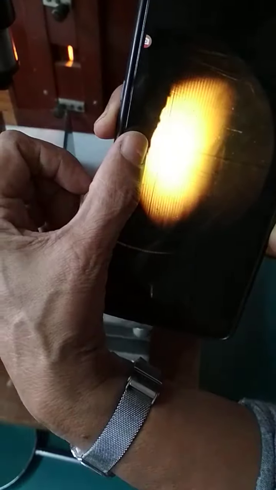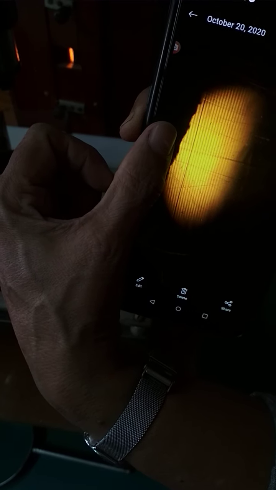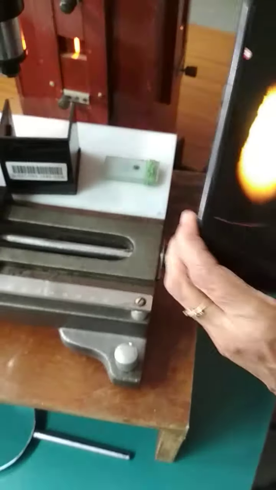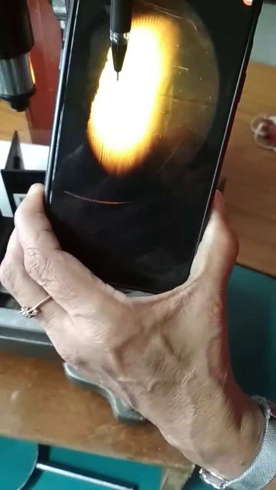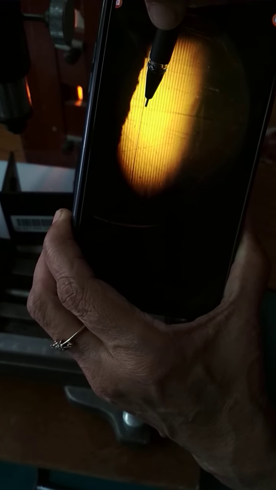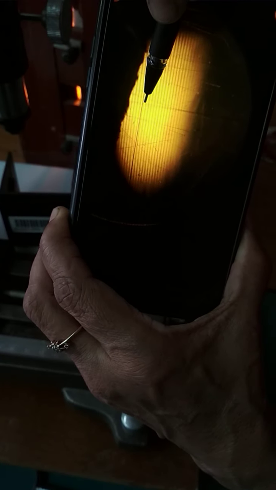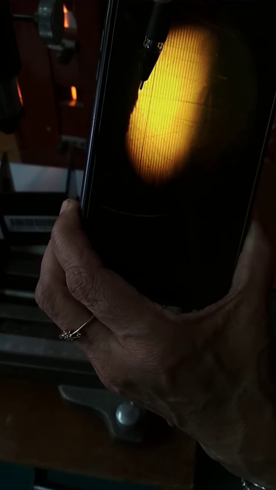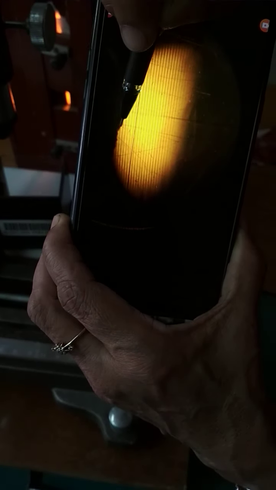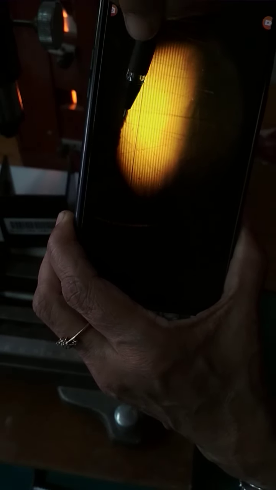Now at the apex the thickness of air film is 0, so you can see the darkness. We have to take the readings with respect to the center of the cross wire. This is the horizontal cross wire, this is the vertical cross wire. So in the beginning you have to adjust the center of the cross wire on the first dark band after the apex. So here there is the apex.